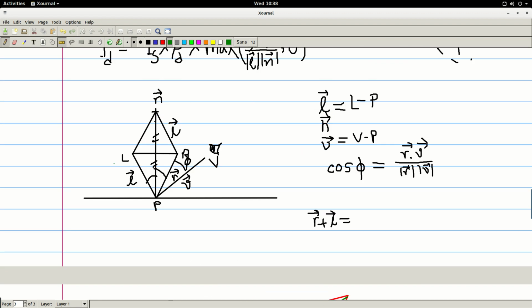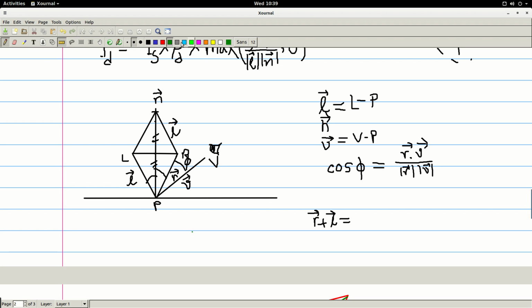If you understand this part, let us go back to this previous picture. We know vector L, we know vector R. So this is going to be the resultant diagonal that we can find out, right? So this is where we can say that if we have vector n,